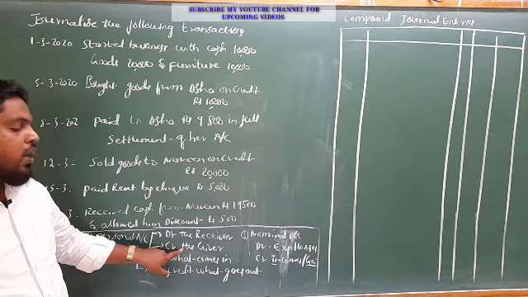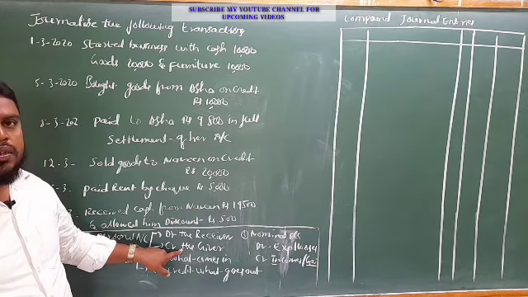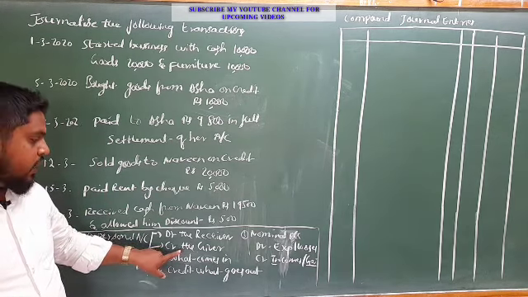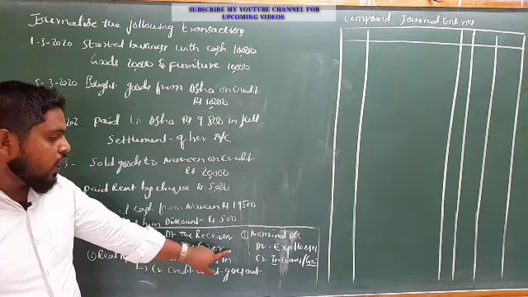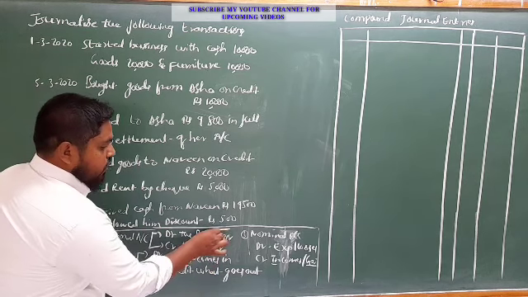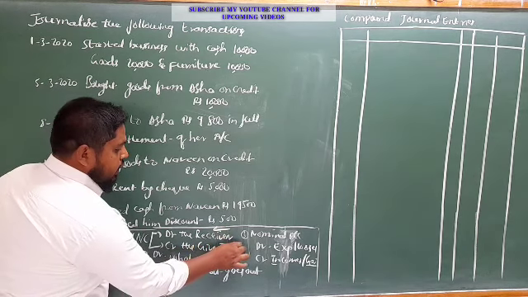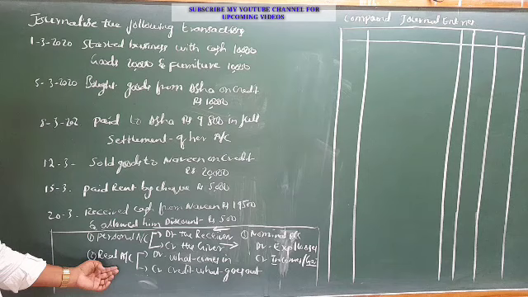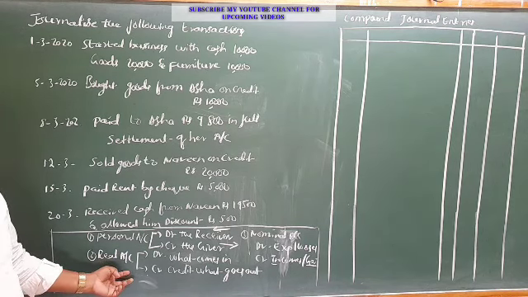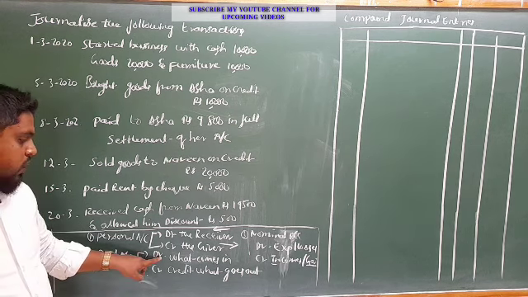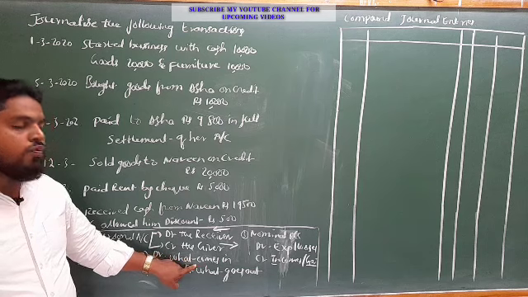If a person is receiving the benefit, we have to record it on the debit side. If he is the giver, we have to record it on the credit side. So receiver and giver. So real account is related to the assets, all types of assets. So debit what comes in.